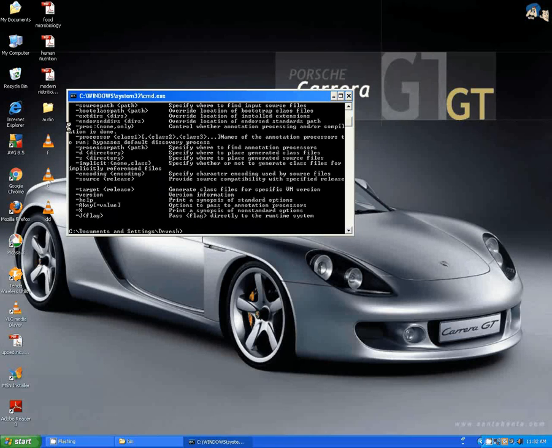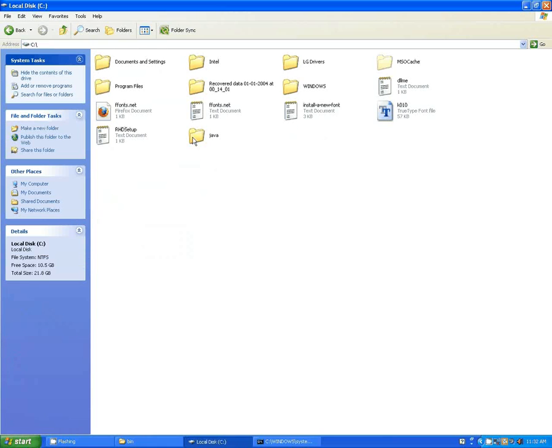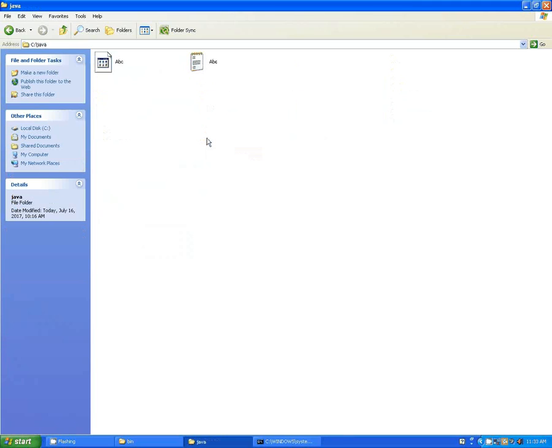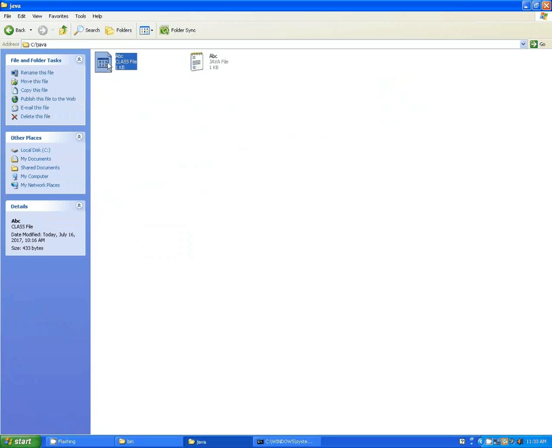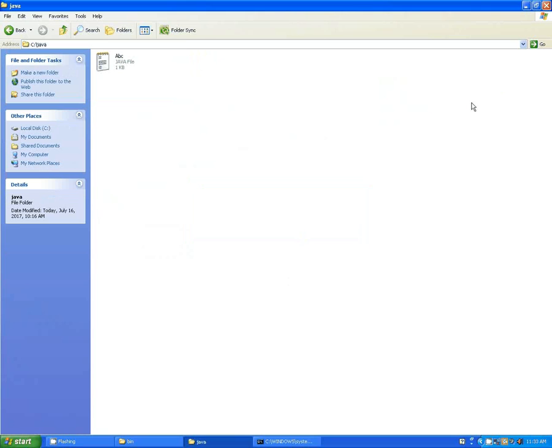Now what you are going to do, you are going to create one folder just for the sake of collecting whatever programs I'm going to teach you here. Here I'm making a javac folder. I'm deleting that class file, so now there is no class file for this ABC.